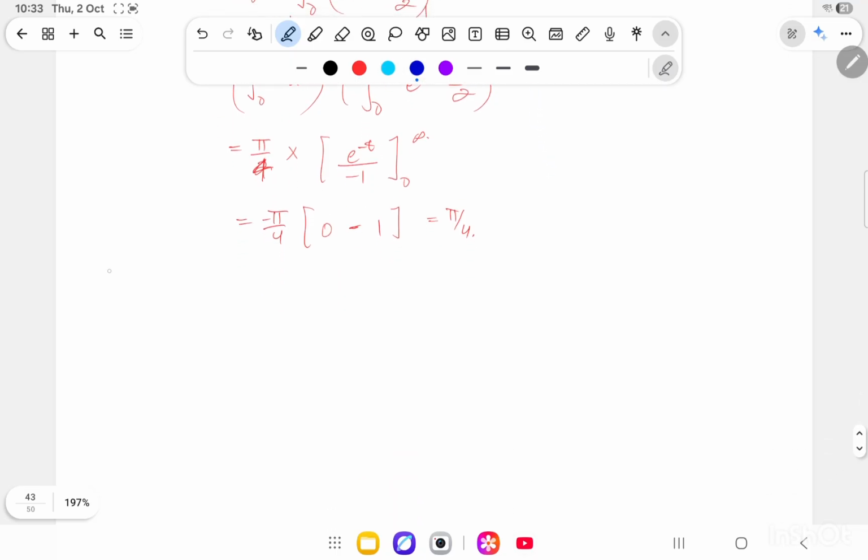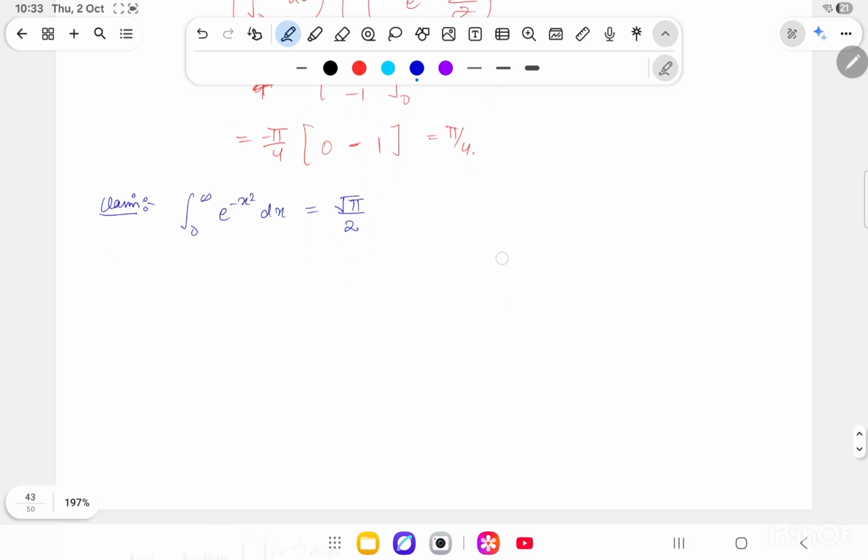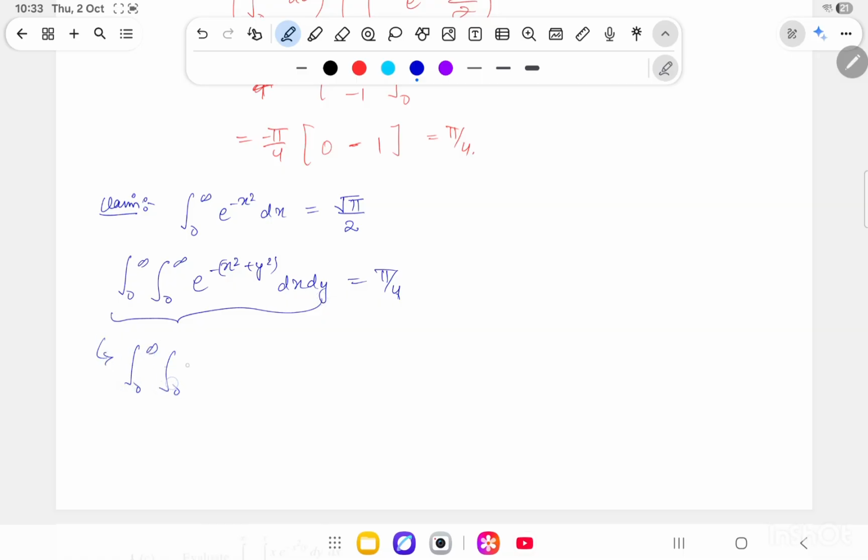So our claim is integration from 0 to infinity e raised minus x square dx is equal to under root pi by 2. Now if you observe, what we have just shown is integration from 0 to infinity e raised minus x square plus y square dx dy as pi by 4, but the term on the left hand side can be written as integration from 0 to infinity e raised minus x square into e raised minus y